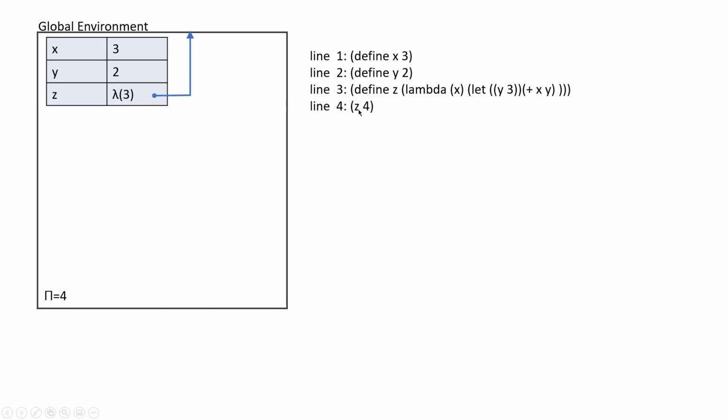And then on line 4, finally, we say apply z to the value 4. So z is this lambda here, which has the parameter x, which should get the value 4. So we create a new scope because we're just applying a function. Inside that scope, we'll have a frame with the binding for the parameter x to the value 4, and then